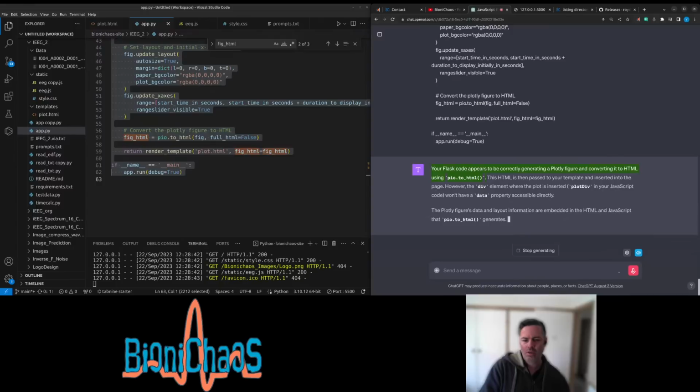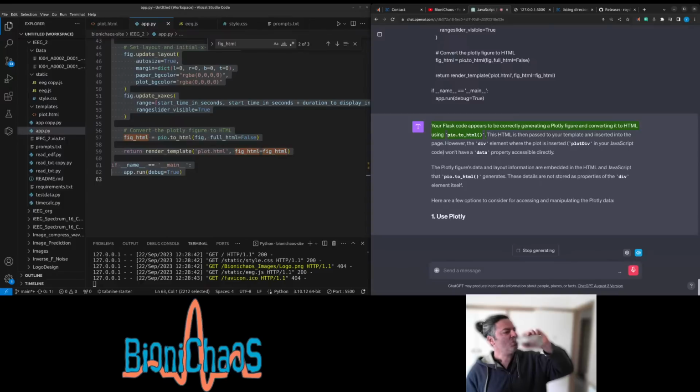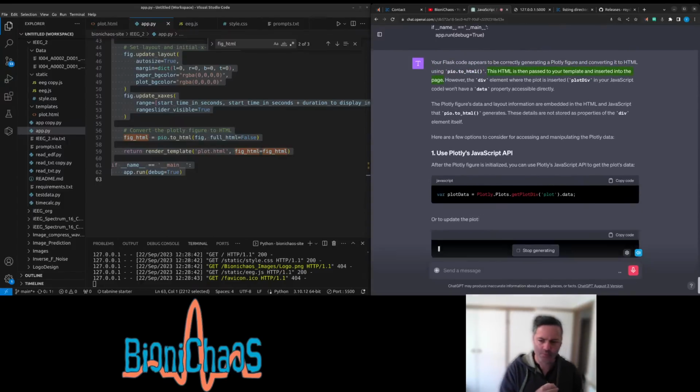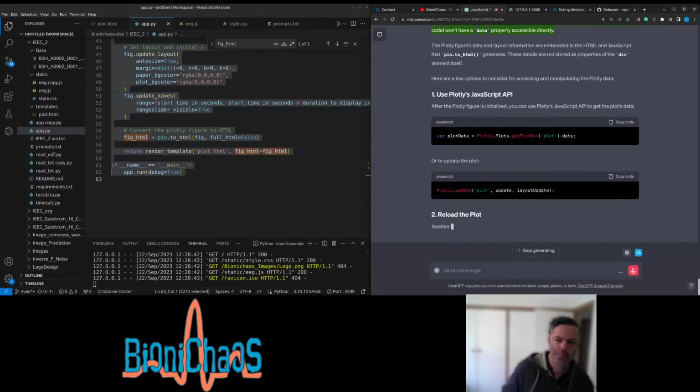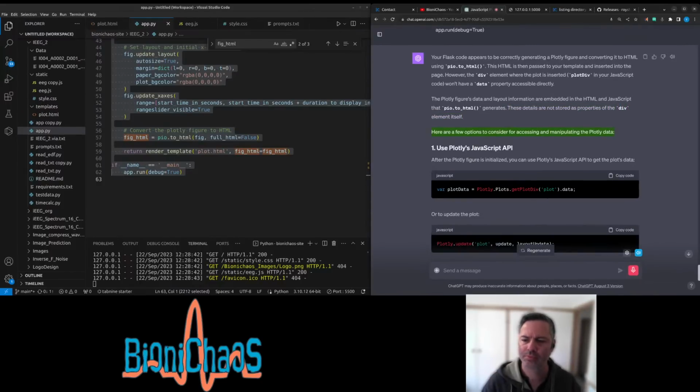Your Flask code appears to be correctly generating a Plotly figure and converting it to HTML using pio.to_html. This HTML is then passed to your template and inserted into the page. However, the div element where the plot is inserted, plot_div in your JavaScript code, won't have a data property accessible directly. The Plotly figure's data and layout information are embedded in the HTML and JavaScript that pio.to_html generates. These details are not stored as properties of the div element itself. Here are a few options to consider for accessing and manipulating the Plotly data.